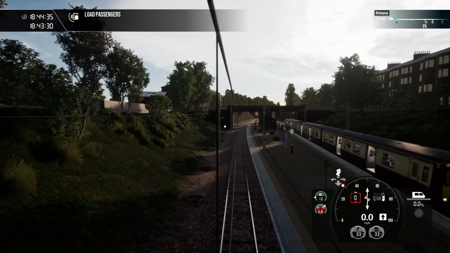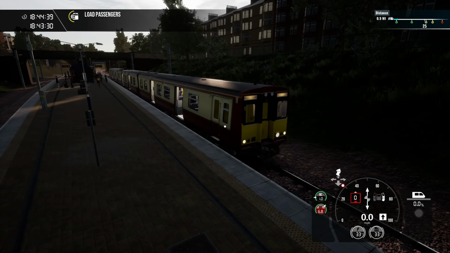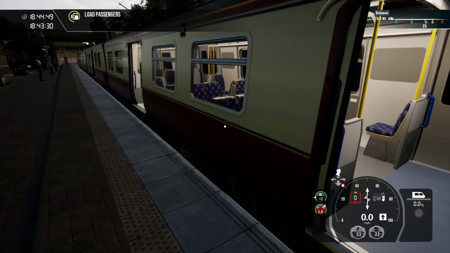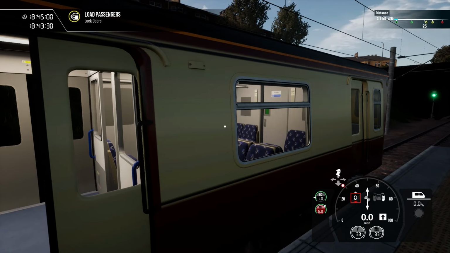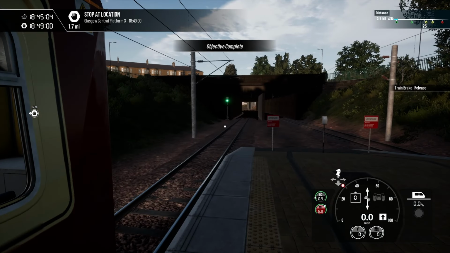Also, if we could get an Amtrak diesel route in the game, or like a Pacific Surfliner route. I heard rumors almost like 6 months ago now that the DTG had gone out and surveyed a Pacific Surfliner train, but then nothing ever came of it. Shutting the doors. Right, let's get right up next to